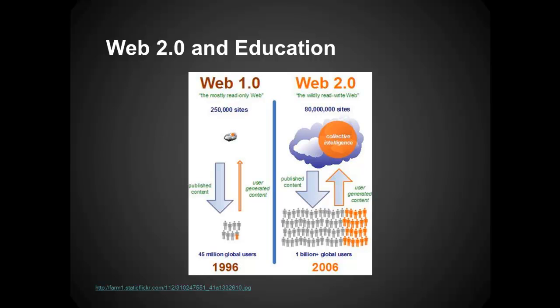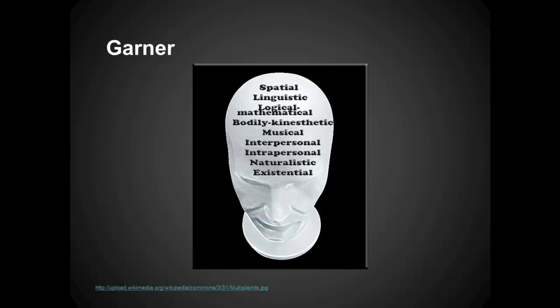And this is something that is really backed up by the theories of some of our big educational, like I said, heavy hitters, and also supports their work as well. Examples would be Gardner's theory of multiple intelligences. The Web 2.0 is an excellent way. It provides the ability for teachers to deliver content in multiple ways, and students to go and find that content in a way that is fitting to them.